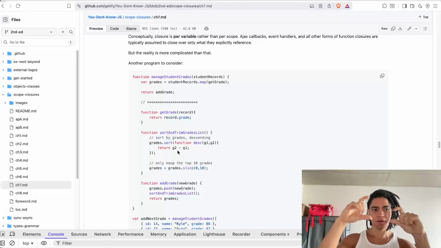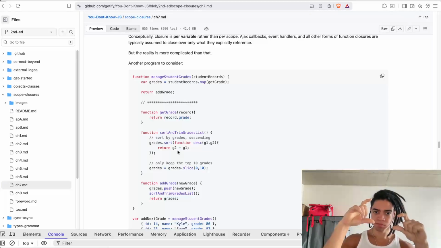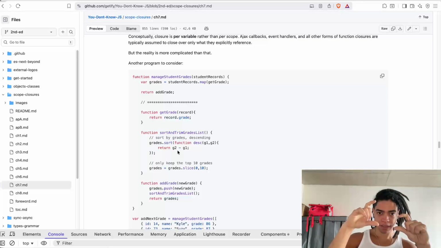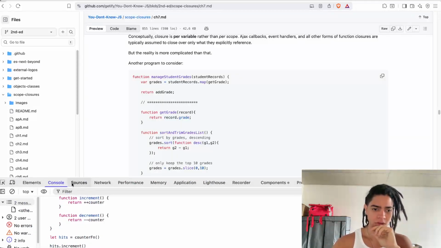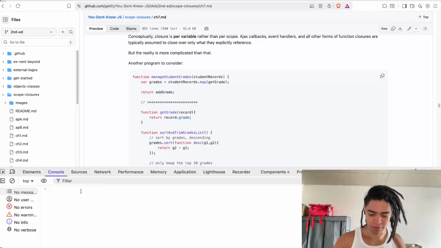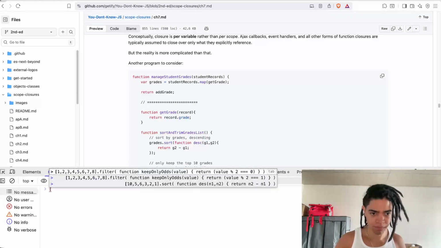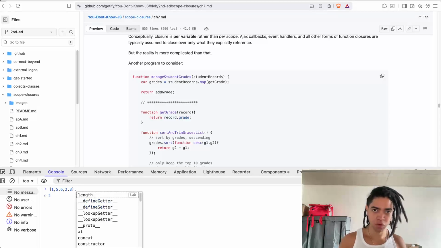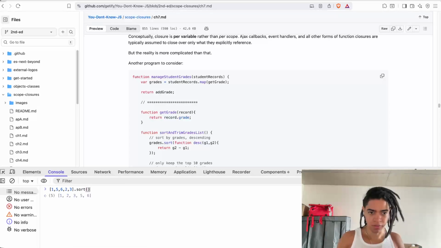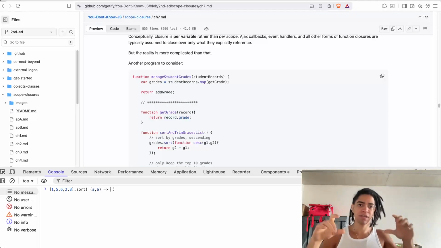So is the difference here? So if the first element, okay, let me put that at test here. So if you say, for example, 1, 2, 3, 4, let me put it this way, if you want to sort that in an ascending order, I'm going to pass now a function's reference here. We'll receive the first and the second as parameters, and then you're going to say, hey, if the first element